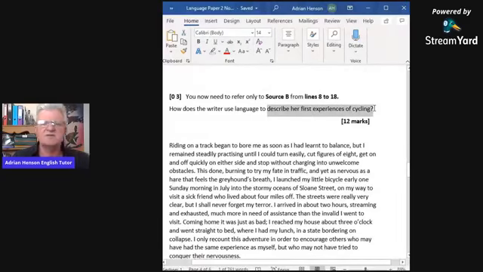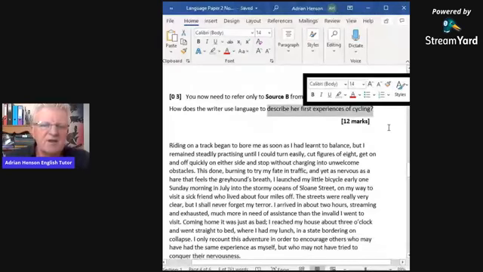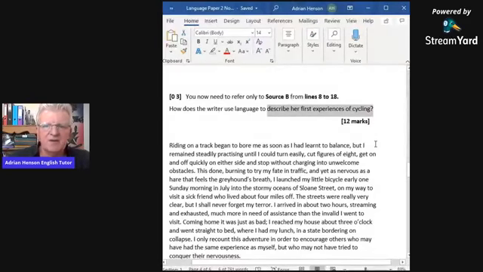Now, source B generally tends to be a more historic source based on the theme of the paper, which runs right through the paper. In this case, it's cycling. Source A is also an article about cycling, and it's from the Guardian newspaper. This one is an article from 1896. So the first thing I would do, because we want to find language, is read it through and quickly highlight